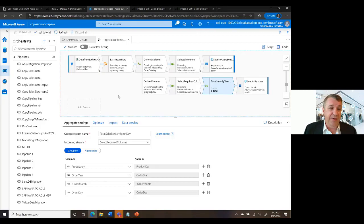Now this is an example of a codeless example where I can very easily bring in data. I don't have to write any code. I just do a simple set of mappings. But if you recall from that previous slide, in many cases you have to prep data. There's a lot of data that you have to write code in some cases to actually be able to make use of that data. And so if I go back over here to my orchestrate piece